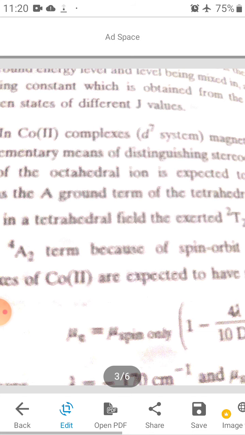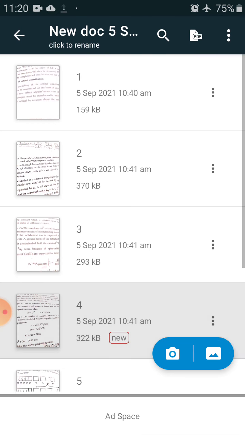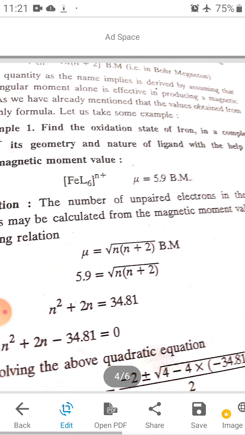Applications of magnetic moment data for 3d orbitals. Mu effective is equivalent to under root n into n plus 2. The quantity, as the name implies, is derived by assuming the angular momentum. For example, find the oxidation state of iron in a complex